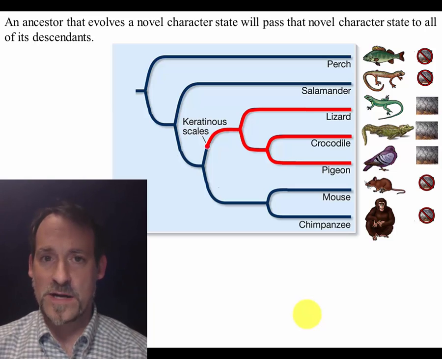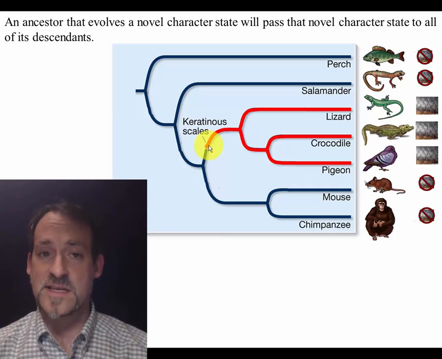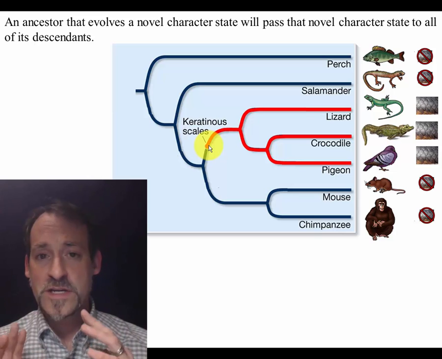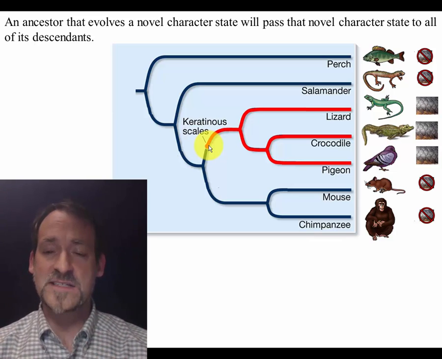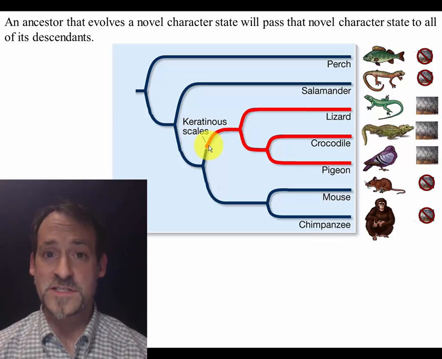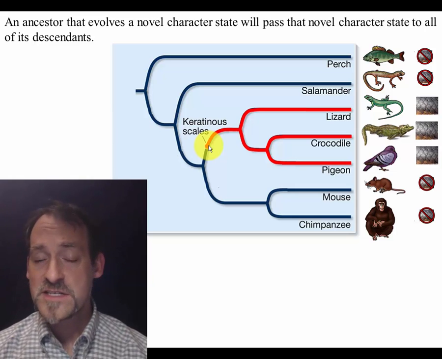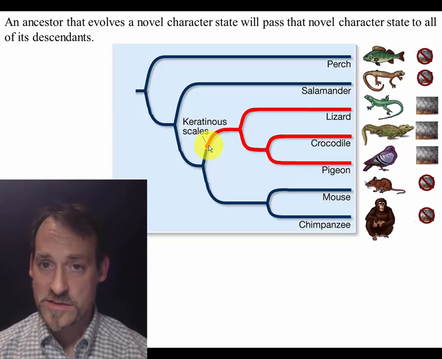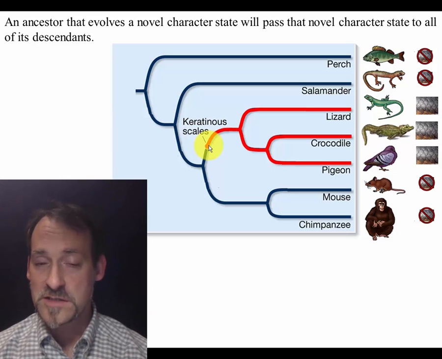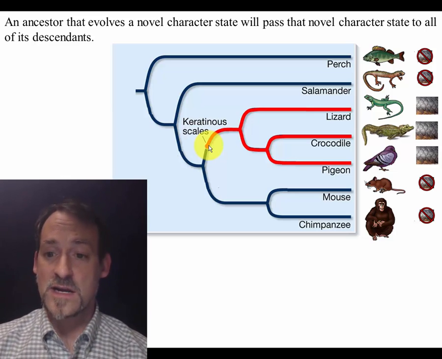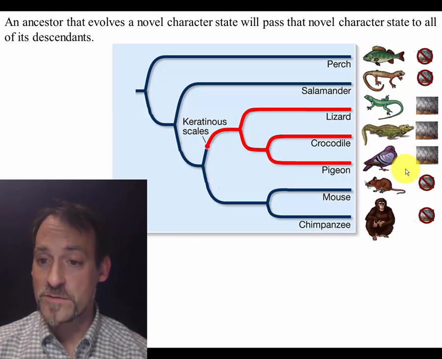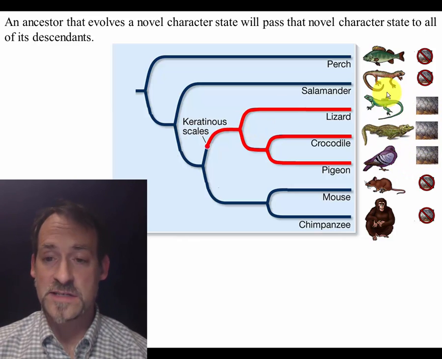This is why we care about clades, because, remember, our basic logic that we're working with is that an ancestor that evolves a novel character state will pass that novel character state to all of its descendants. What that implies is if we see a novel character state in some organisms in the present day and not others. So for example, if we see keratinous scales in the lizard, crocodile, and pigeon in the present day, but